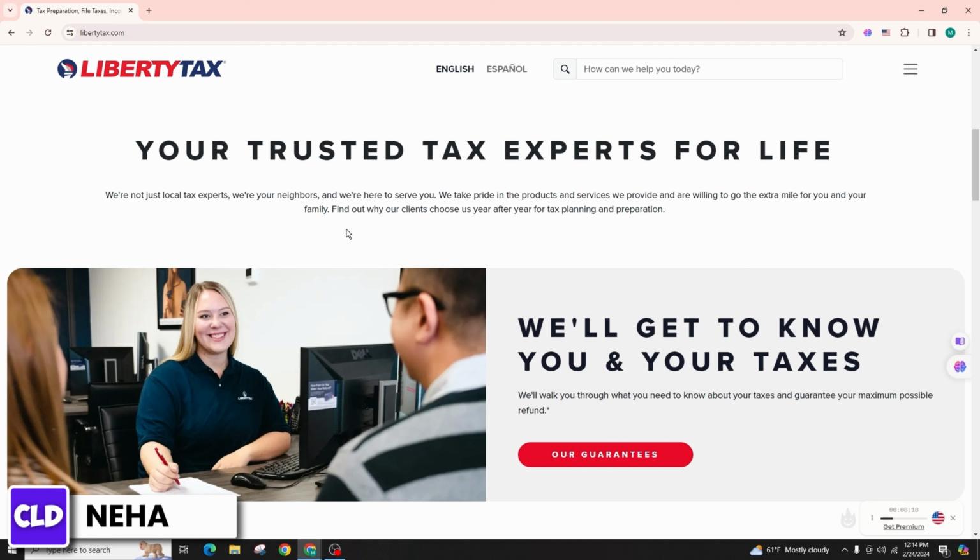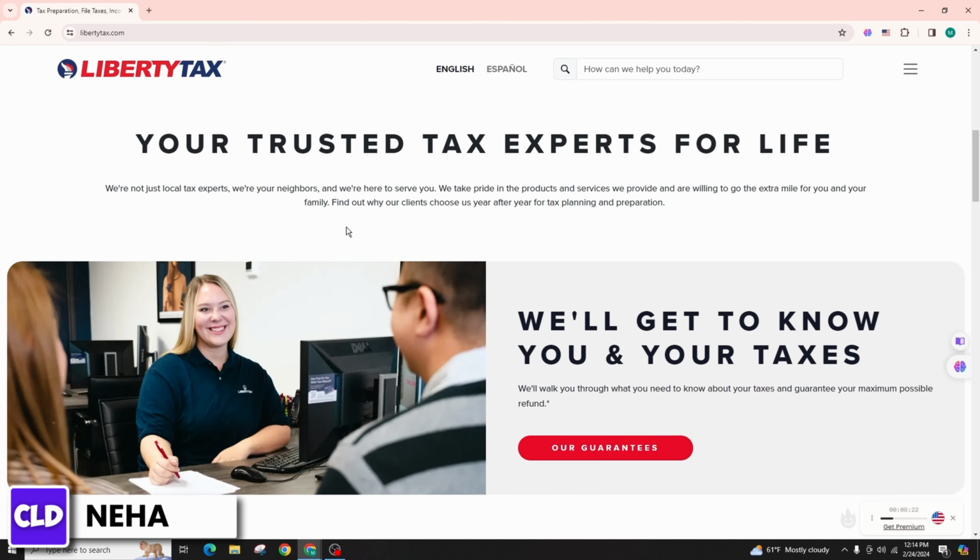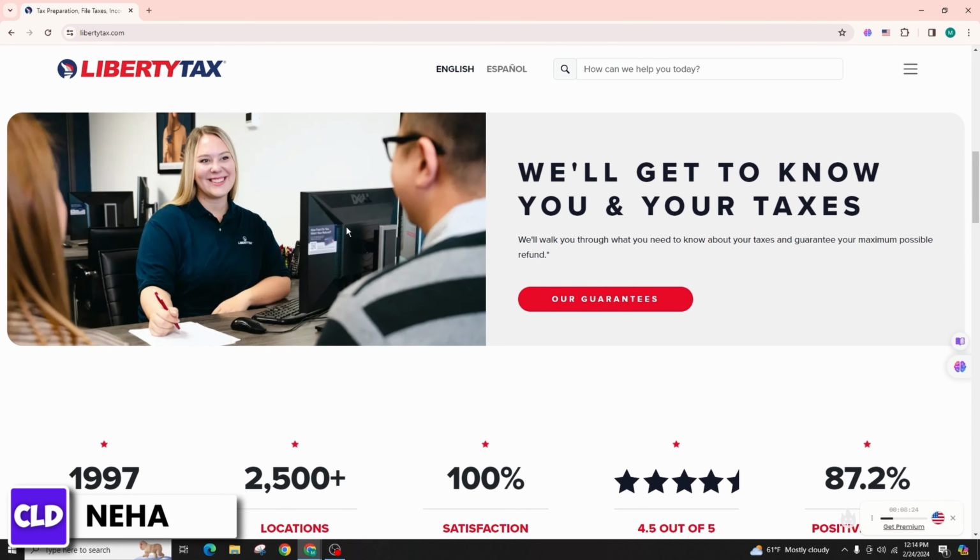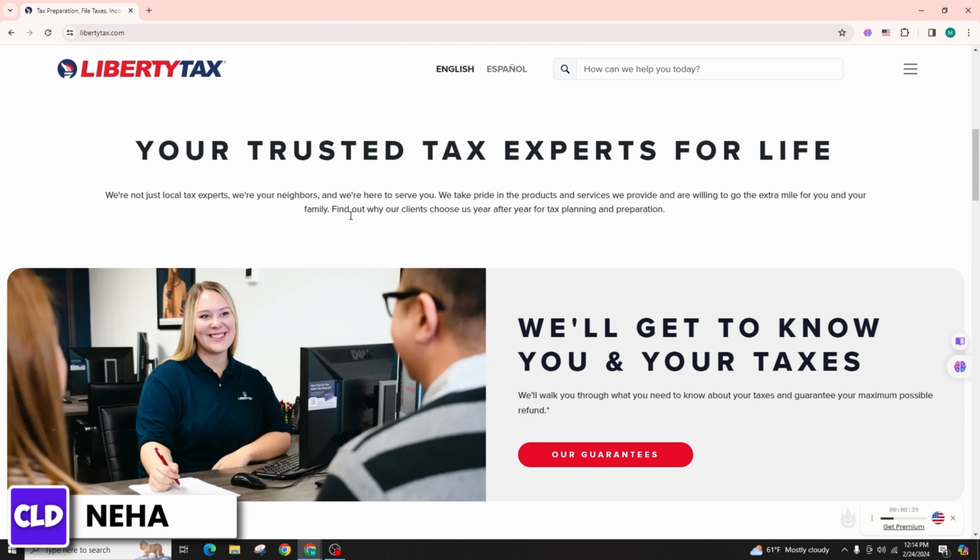Within the deduction section, there should be an option to enter the mortgage interest paid. This is where you would enter the information from your Form 1098. Once you have located the appropriate section, you'll typically be prompted to enter the relevant information from your Form 1098. This includes details such as the lender's name, the amount of mortgage interest paid, and any points paid on the